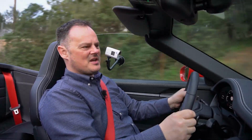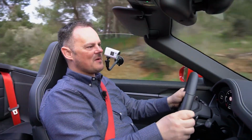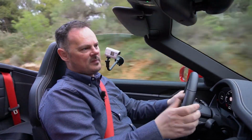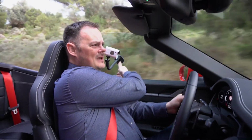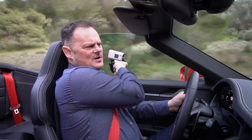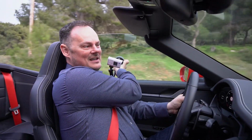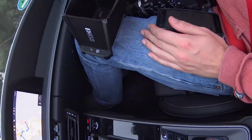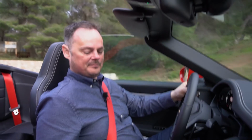Well, it's coming towards the end of the day. The sun's going down. It's been absolutely stunning driving around in our soft top car. We're in town for argument's sake. There's a bit of traffic and suddenly we don't feel like we want to be outside in the open anymore. So we learnt this the hard way. First thing that has to happen is we need to take this camera off and give it to Jonas. Then with one press of the button,